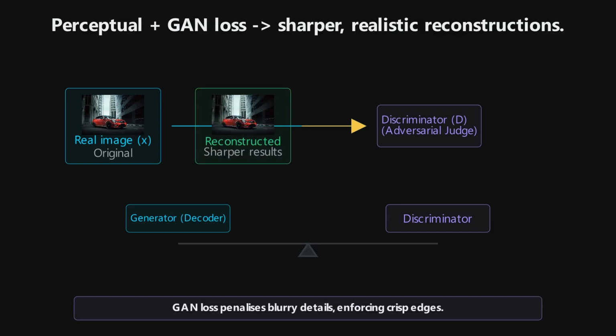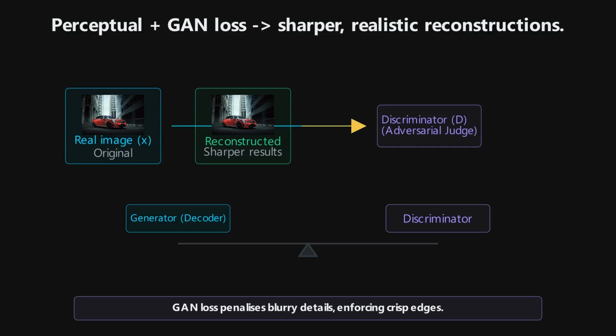But for the codebook to work, the loss function has to do several jobs at once. The reconstruction loss makes sure the decoded image still looks like the original. The codebook and commitment losses pull the encoder outputs and codebook vectors toward each other, so quantization becomes stable. And because pure reconstruction can produce blurry results, VQGAN also uses perceptual and GAN losses. The discriminator acts like a visual judge. It asks, does this reconstructed image merely have the right numbers, or does it actually look real?